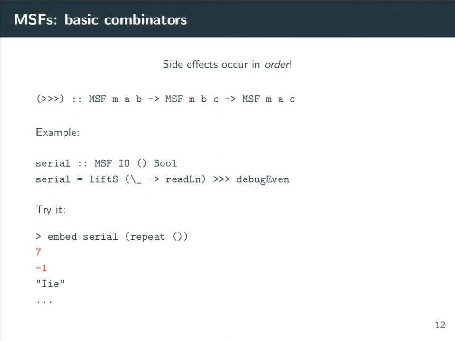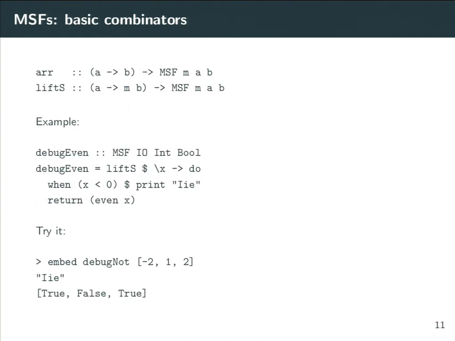You can connect things using the arrow. This is similar to function composition, but it's a generalization for arrows. So you can pipe things, you can connect them in sequence. What's important is that we just added monads, and monads may not be commutative. So effects can matter, and if they do, the order of those effects must be conserved by this combinator. If we have an MSF that, for instance, has only this side effect of reading input text, and it doesn't really consume any meaningful data, but it does produce numbers, and then we have this function that we had before that consumes integers and produces bools and has side effects,